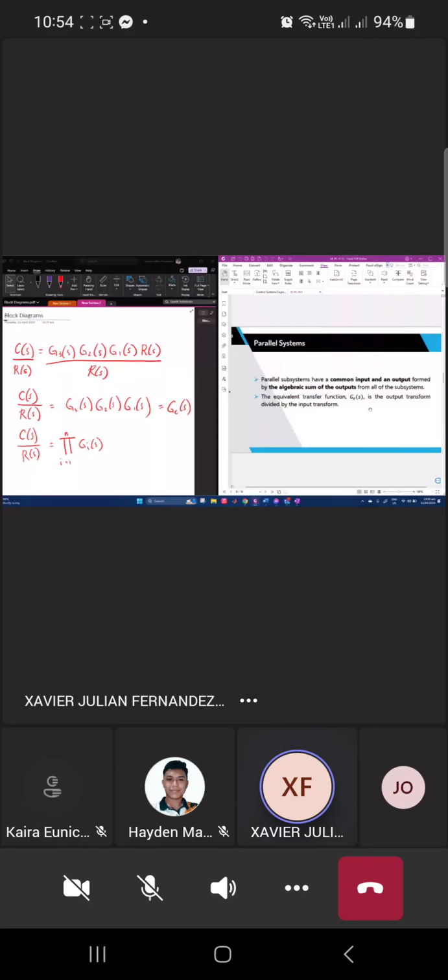Okay, yeah, output transform divided by the input transform. Okay, so let's say we have this example. Ano siya? O, klaro kayo, parallel lang siya, di ba? Posible di mo kailag parallel. So R of S,